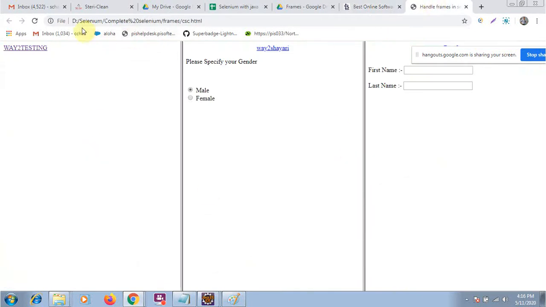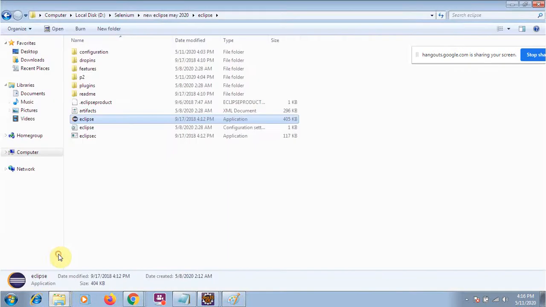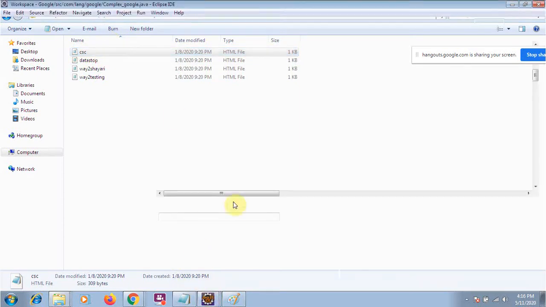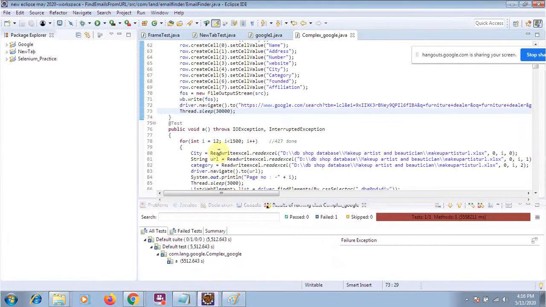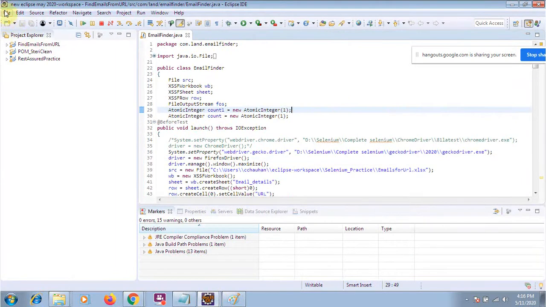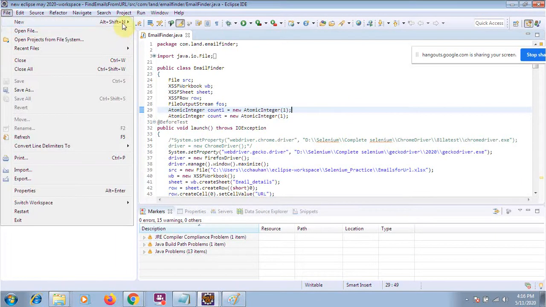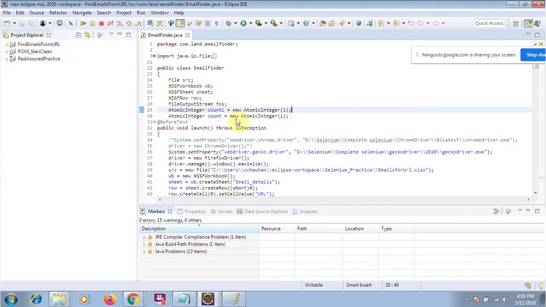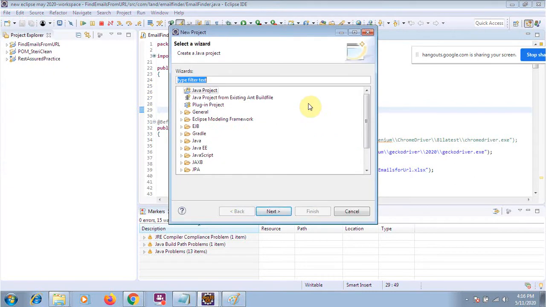So for example, we have this web page. As I told you, I have already coded it in my HTML and you can use all these things from my drive. I will navigate to this page and then we will navigate to the different pages and perform some operations. Let me first create a project. This time I will create a Java project. After that we will be working on Maven.